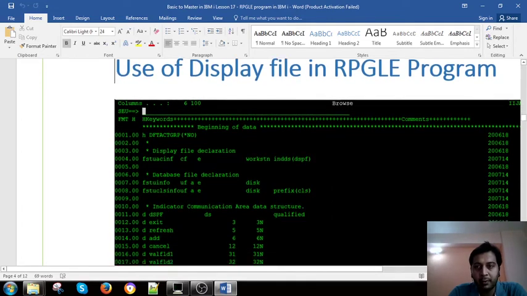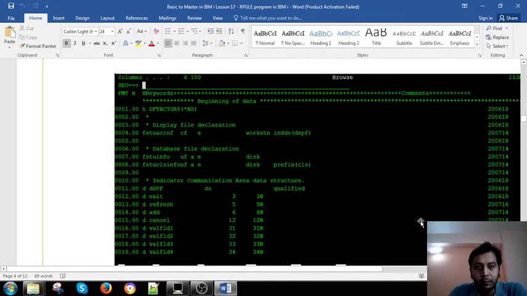So this is the RPG program. This is a default activation group, related to some ILE concepts. We will see later what these are, so it is not discussed in this video. Let's go with the third line. This is just a comment. On this position you comment out, and for a comment you use a star, right?